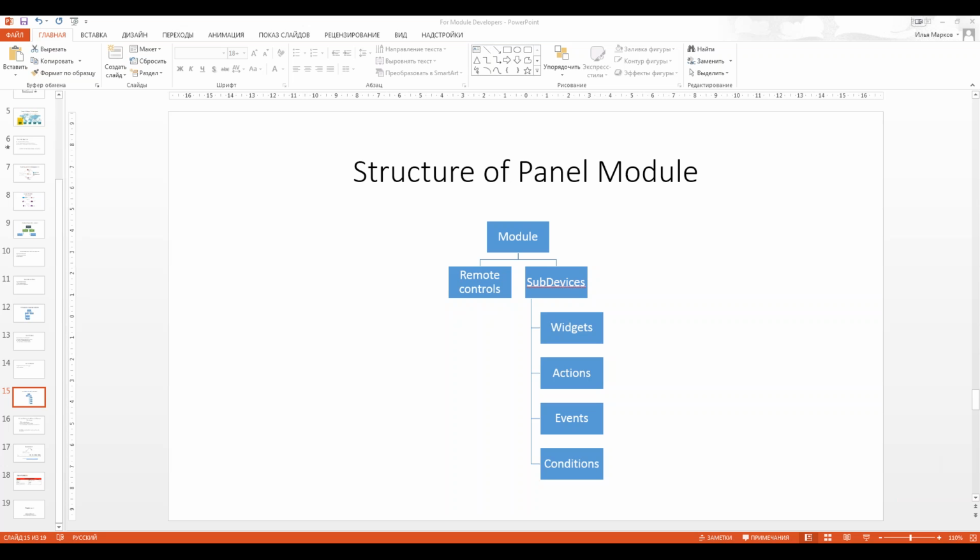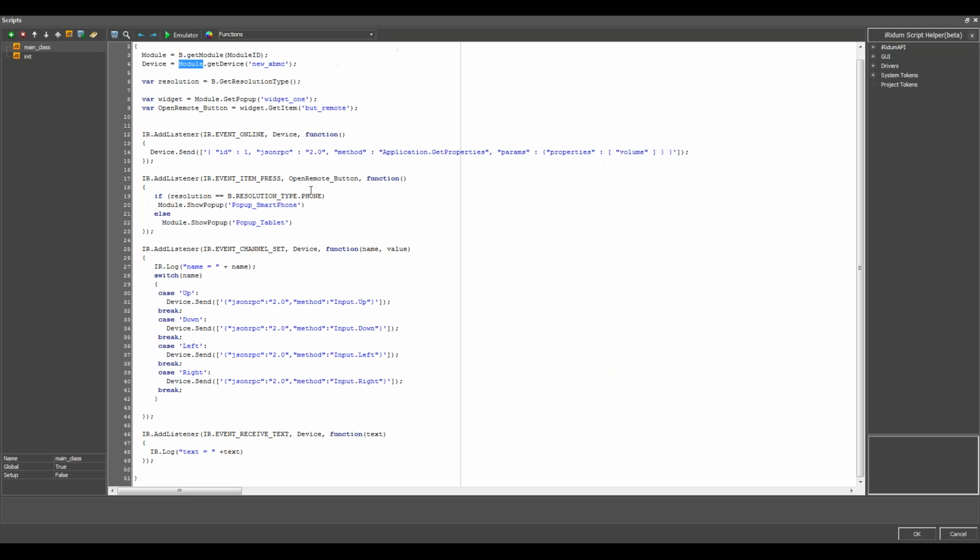Okay, the question is, where did you define phone and tablet resolution? Creation, right? We create the native function in the iRidium core function, called from the device, and in my module I should answer what is the resolution of the current device.